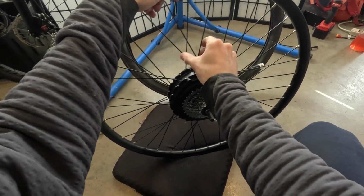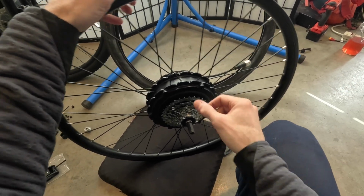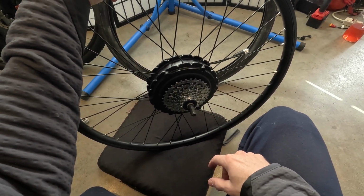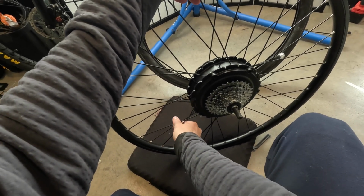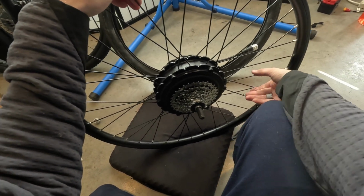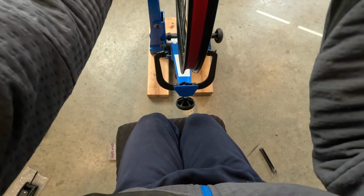Man, these spokes feel pretty loose, bubs. Look at this. We might have to true this thing. We might have to, man. I wonder about those spokes. Somebody in the comments was telling me that they ordered one of these motor kits and the spokes were loose or something was messed up with them. Where's my truing stand? Let's get the motor cable out of the way and then let's...